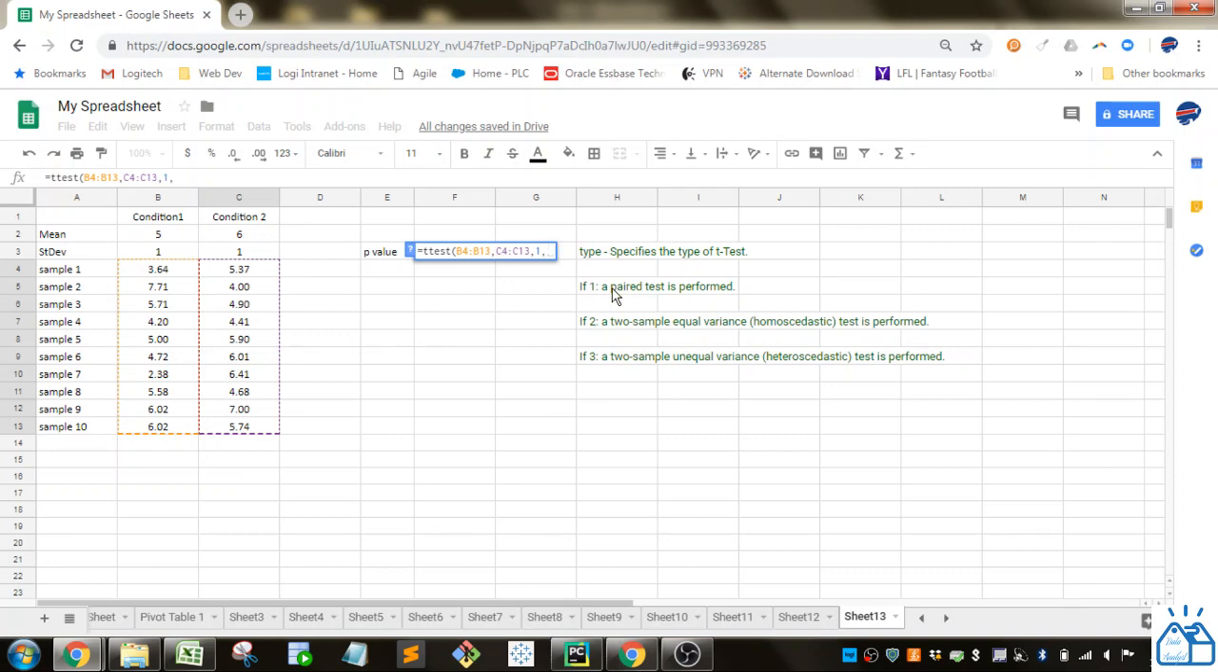For 1, it's a paired test. What is meant by a paired test is you can pair the data from condition 1 and condition 2. Let's say we had a training regimen that we thought would improve the performance of a runner. We could test them before they had the training regimen, and then after the training regimen we could test them again and see if the average running time changed. 2 is if you have a 2-sample equal variance, and 3 is if you have a 2-sample unequal variance. So if you don't know if you have equal variance or not, then the best case is to choose 3